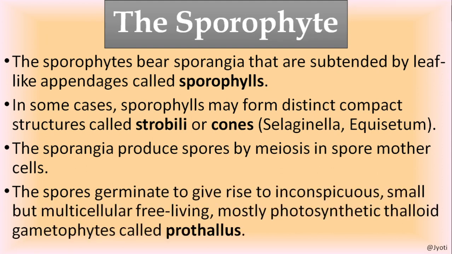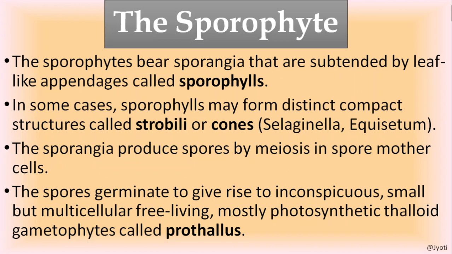Then when the spores are dispersed, means when the sporangia bursts and the spores are released and taken by some agents to different places, they germinate to give rise to a structure which is inconspicuous, means not very clear. The structure is small and multicellular, free living and photosynthetic thalloid